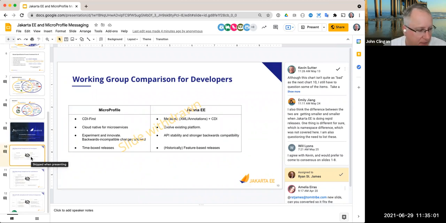I added them in. There was a lot of pushback. I kind of hid them and moved them to the back. Then there was a lot of pushback on that, and some of those folks are on the call as well. So I'm going to take a step back here. If someone else wants to lead the discussion on the comparison slides, feel free to go ahead. I don't know if it's Jan, or I think Ruslan or Amelia had kind of agreed with me about having them in,